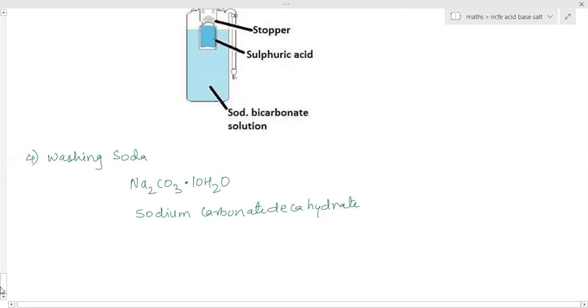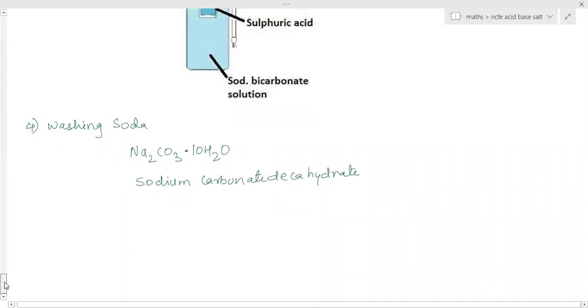Ma'am, is it the water of sodium carbonate? No. It is in the crystalline form. So what is that water molecule called? It's hydrated sodium carbonate. Yes, Meghna, right. It is hydrated sodium carbonate, but actually what?